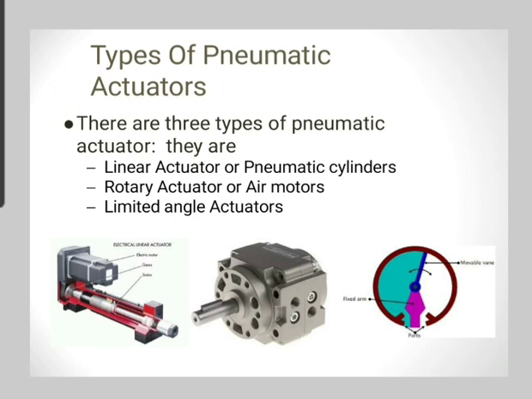So the motion of a pneumatic actuator may be linear or rotary depending on the device design. The prototypical actuators use an external compressive force such as compressed air or gas to move a piston along the side. The rotary pneumatic actuators differ from the linear design in that here the torque is generated as opposed to a linear motion, and it can be accomplished by transferring the linear motion of the piston to a rotating component.